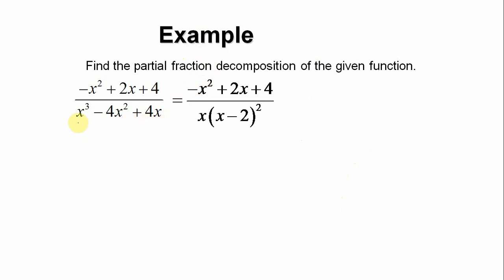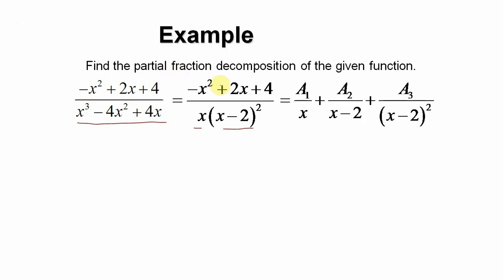Now, once I factorize the denominator, I get x into x minus 2 whole square. I can write it like a1 upon x. Now, this x minus 2 whole square is actually x minus 2 and x minus 2 square. There are two terms involved in this. So I'll write a2 upon x minus 2 and a3 upon x minus 2 whole square. Whenever you have a term like this, a square, it will be decomposed into two terms: one with the denominator with power 1 and one with the denominator with power 2.